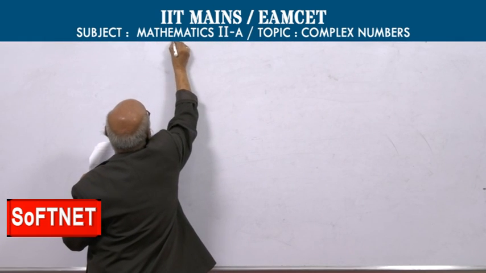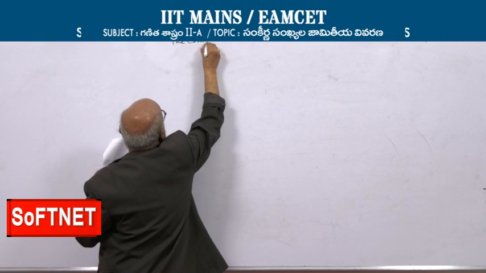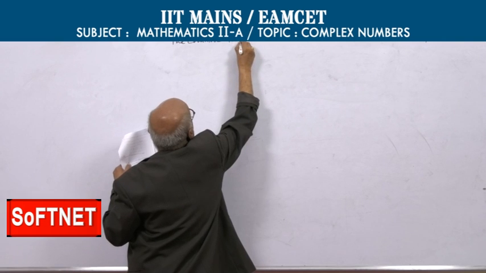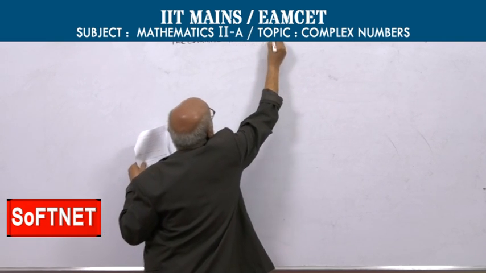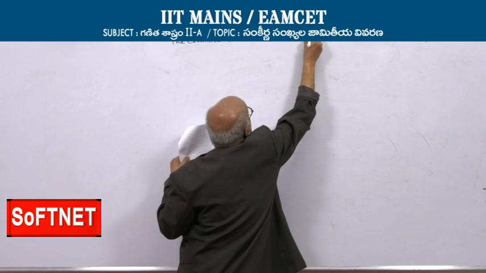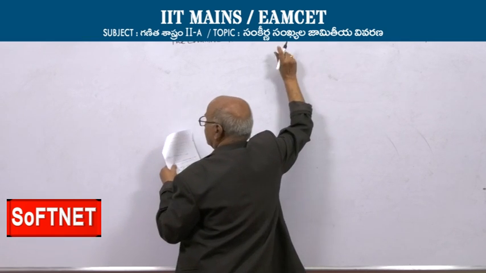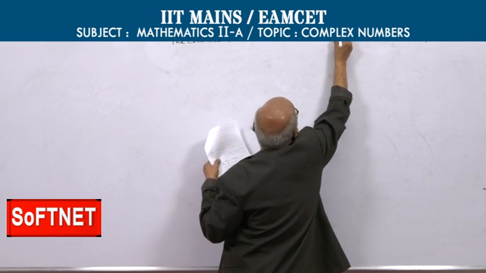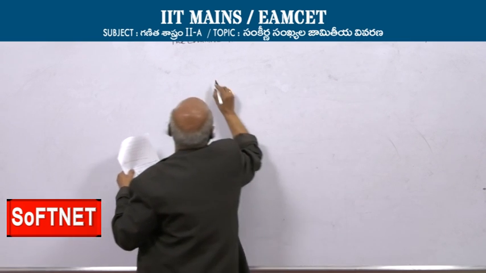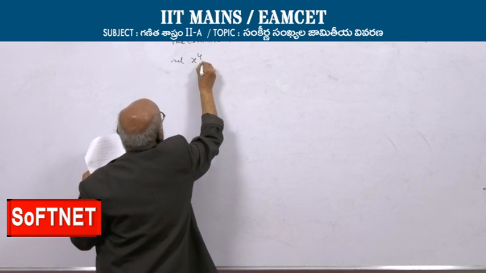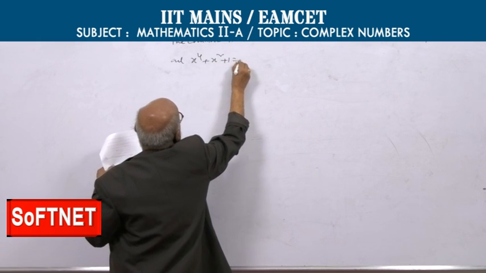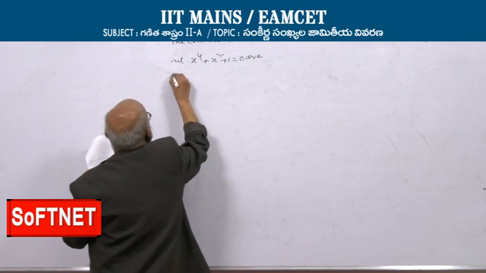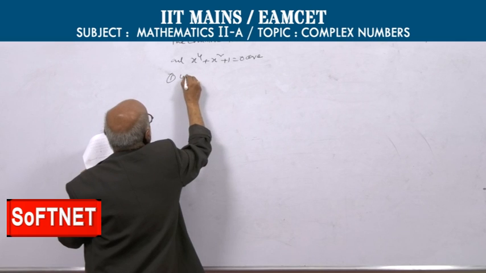The common roots, of course this was once asked in the EAMCET examination. The common roots of the equations x power 12 minus 1 equal to 0 and x power 4 plus x square plus 1 equal to 0, are 1, omega square,